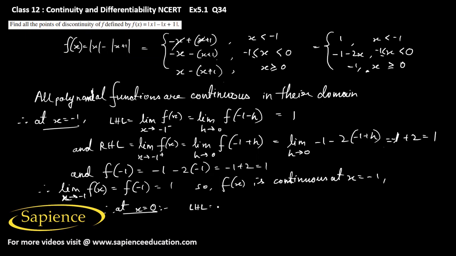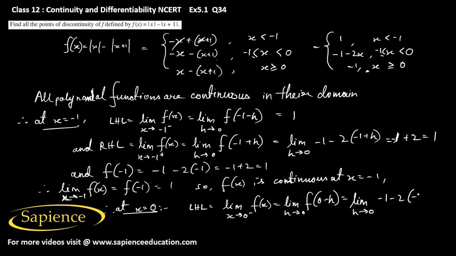So the left hand limit, that is equal to limit x tends to 0 minus f of x. So that will be equal to limit h tends to 0 f of 0 minus h. So when it is less than 0, we have to write, that is limit h tends to 0 minus 1 minus 2 into minus h. So I can put 0 here. So this will be minus 1,